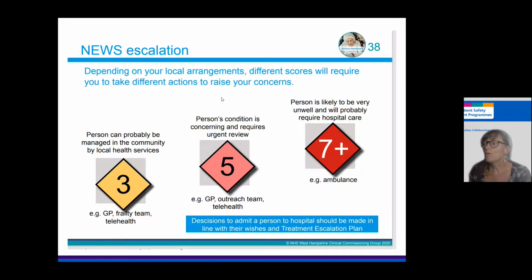We then move on to if that person has a score of 5 and the review then becomes urgent, you need urgent support from your clinical decision maker. Again, whether that's GP, out of hours, however you're going to escalate up in terms of your local escalation plan. And I think this really helps when primary care lead this with their care homes, because you can really review how everybody escalates. And then we look at 7, which is a very urgent review,